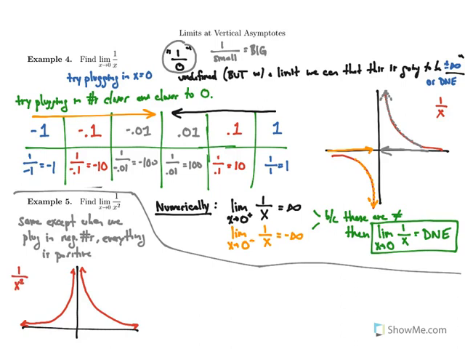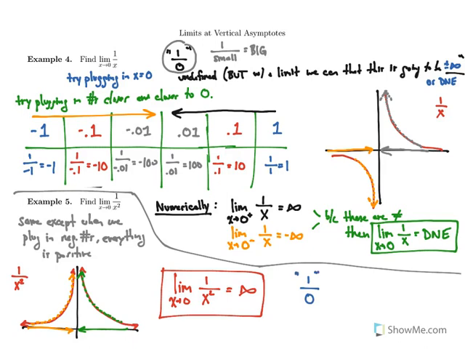And in this case, whether we approach from the left or from the right, we get the same value. In this case, we trace the function, and it is going up to positive infinity. So in this case, we say the limit as x approaches 0 of 1 over x squared is positive infinity. We could do that numerically. We could also say that when we plug in 0,